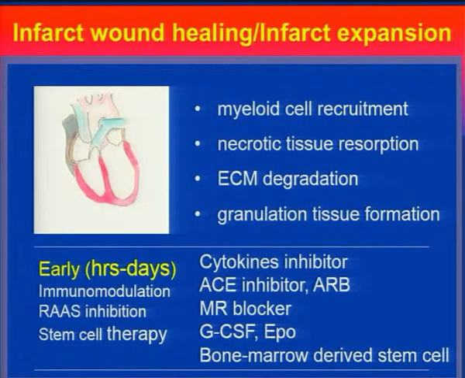So after these hours or days, there is myeloid cell recruitment, necrotic tissue resorption, ECM degradation, and granulation tissue formation. In this phase, immunomodulation or RAS inhibition or stem cell therapy might improve the LV remodeling. So the candidates are cytokine inhibitors, ARB or MR blockers, or G-CSF to enhance the mobilization of neutrophils or progenitor endothelial cells and bone marrow derived stem